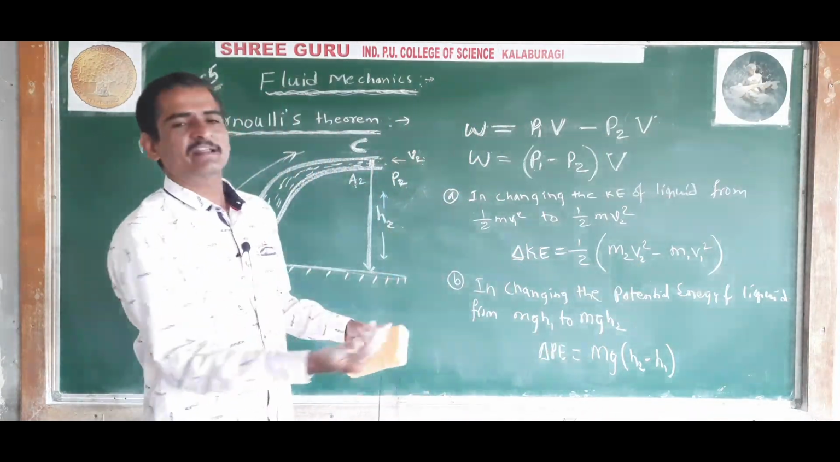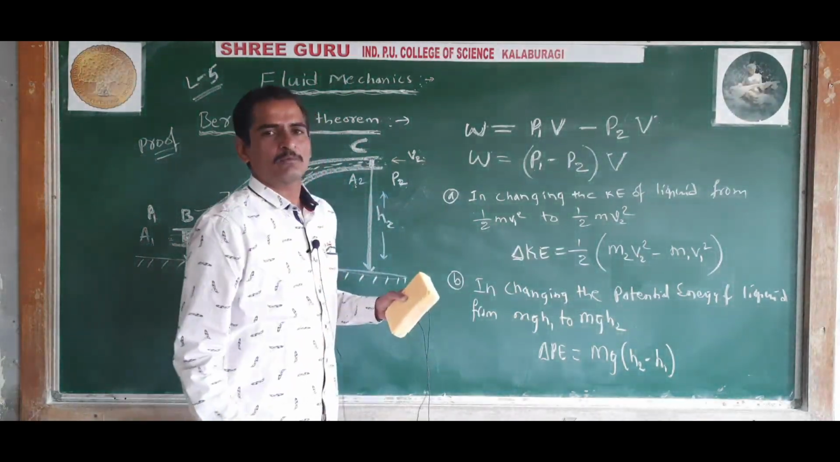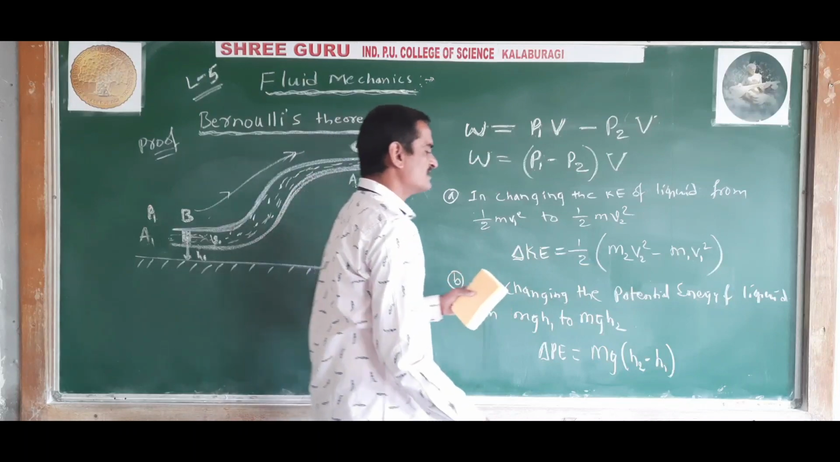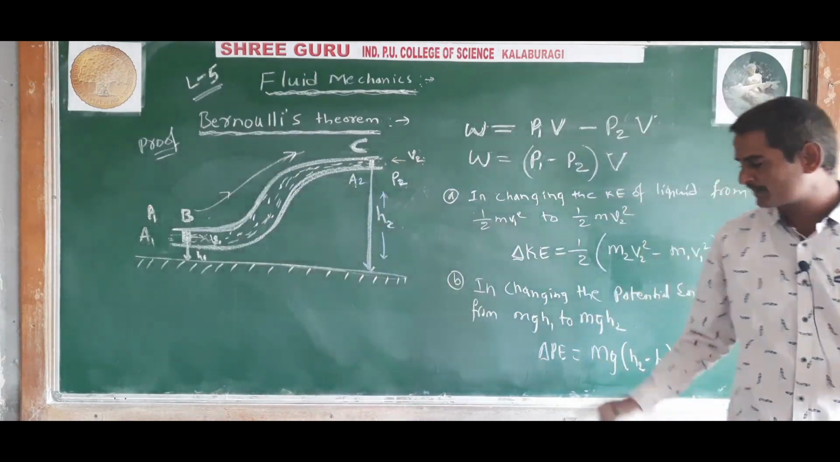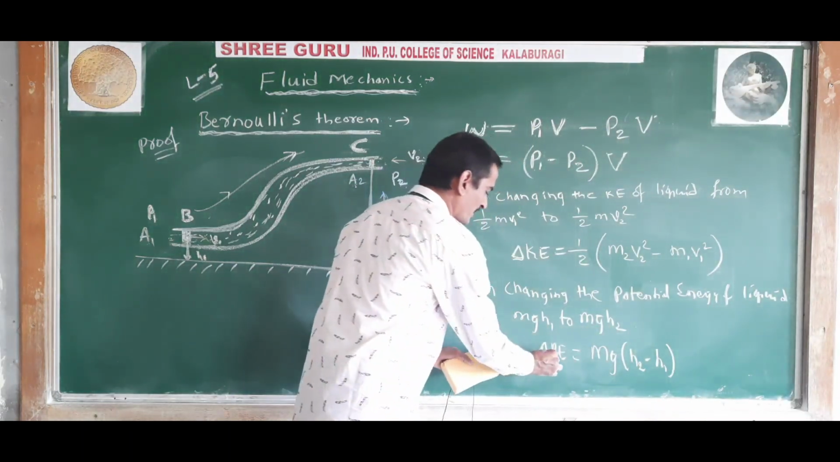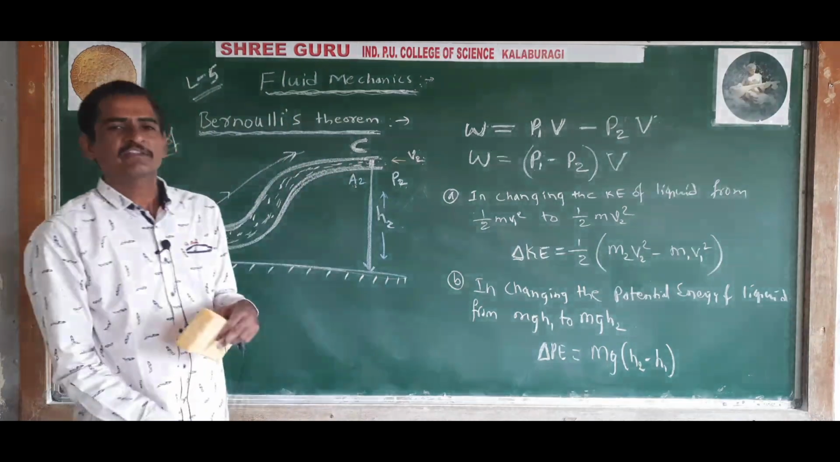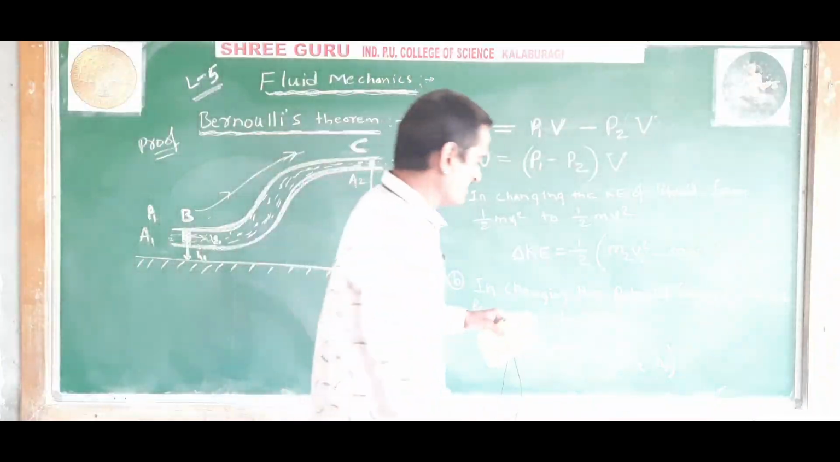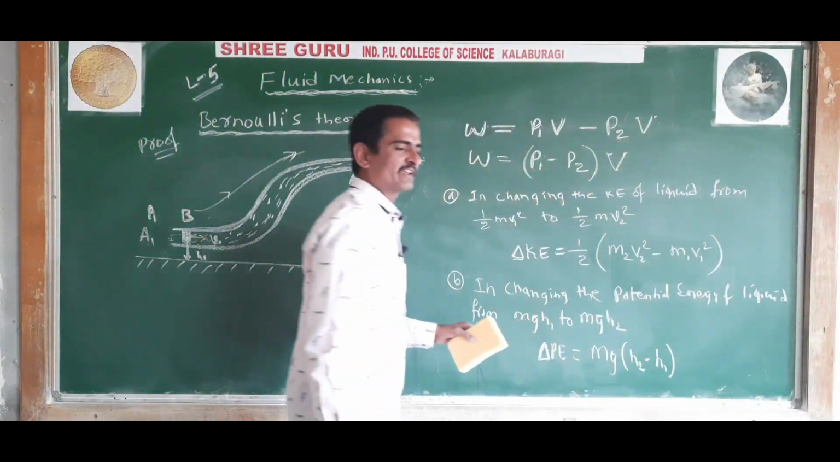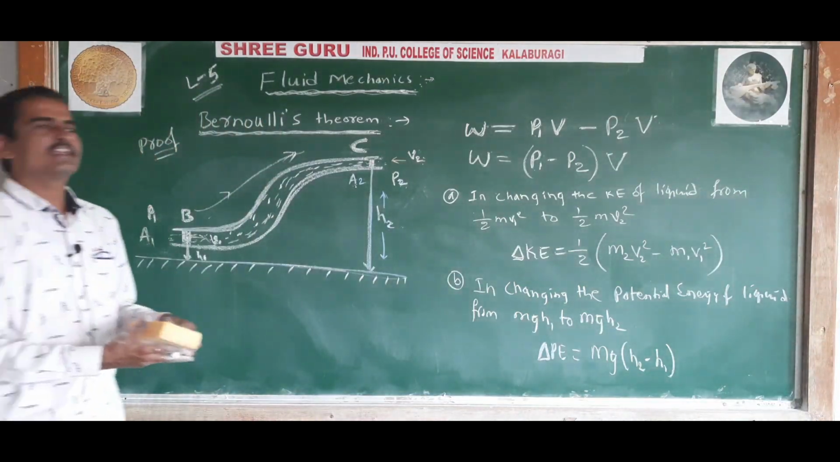Understood? Final kinetic energy minus initial kinetic energy. And also the remaining part of the work done is used in changing the potential energy of liquid from mgh1 to mgh2. That is, change in potential energy is equal to final potential energy minus initial potential energy, that is mgh2 minus mgh1. mg taken common, h2 minus h1. Understood? And now, since the liquid is incompressible